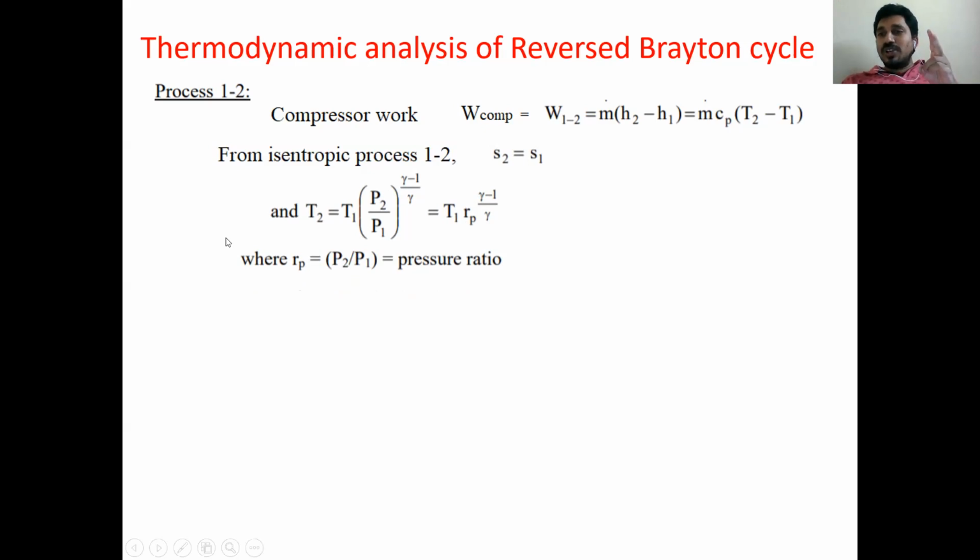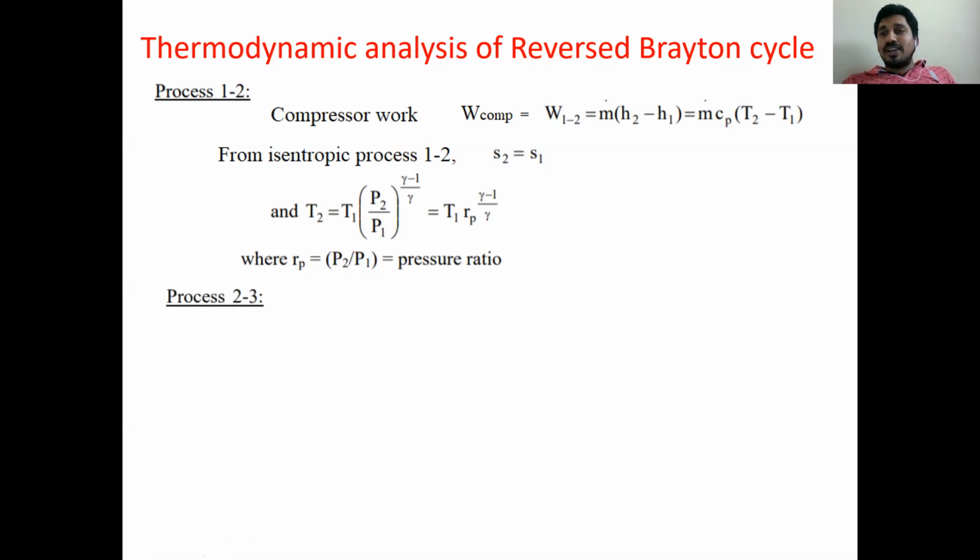Here two things we learned. One is the compression work equation, and second, for an isentropic process, the relation between temperatures and pressures. This is very important for a problem case. Nobody will give you that relation. You have to remember it in your mind. So immediately this relation you have to assume for determining unknown values. If I have the pressure ratio, I can calculate the unknown temperature, or if I know the pressures and temperatures, I can calculate the unknown pressure.